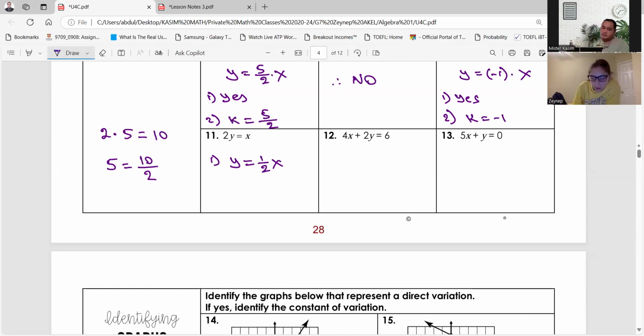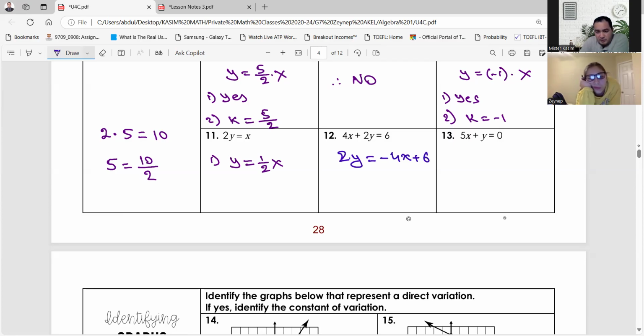Now I'm considering y as the variable. So the first step, I write 2y on the left-hand side, which is equal to